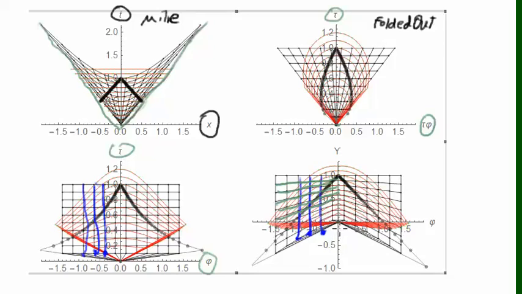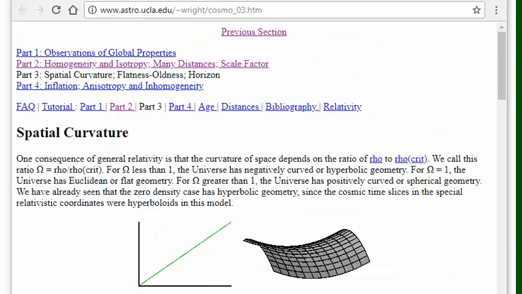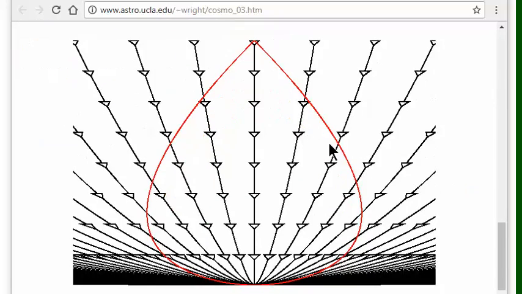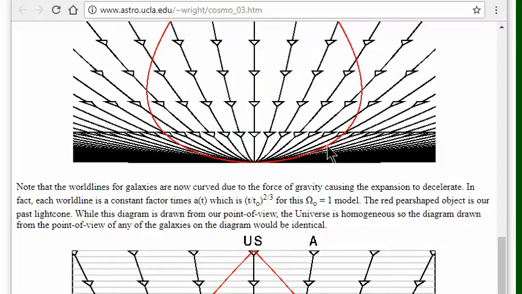So I need to make an adjustment to the code here to do this in a different way, because I'm trying to reproduce certain things made at www.astro.ucla.edu/~wright/cosmo_03.htm, which basically has some of the same diagrams that I have. The most important one, the Milne version, isn't here, which I consider